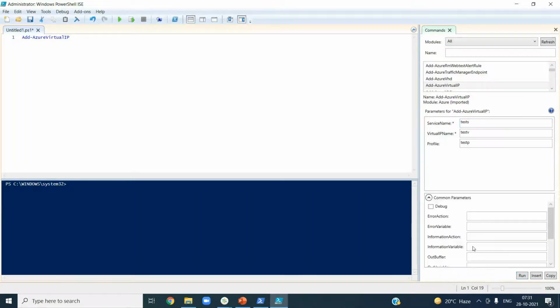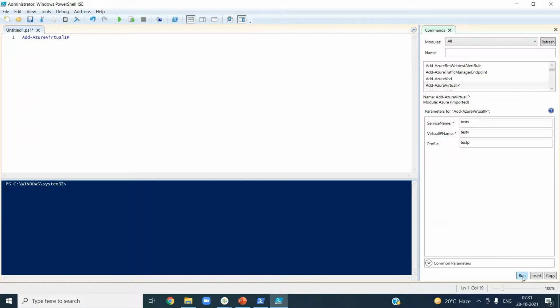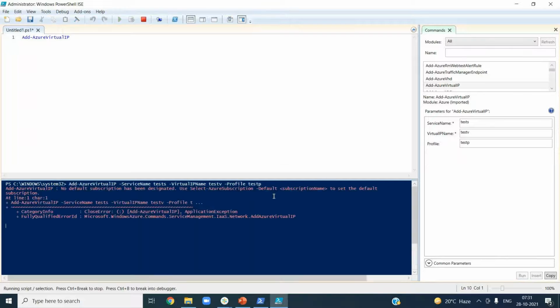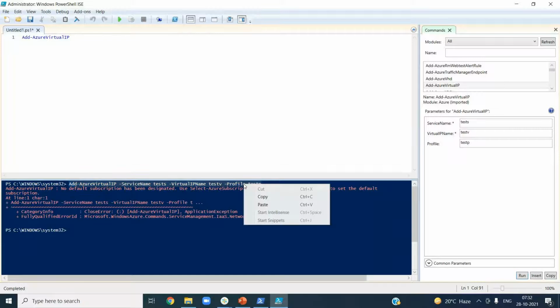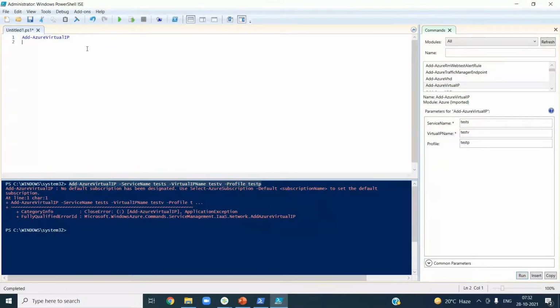There are also some common parameters, which are common for any command. Right now let's not worry about it. Let's run this. When I run this one, you see the command is available at the bottom of the script. Now you know, these are all the switches.